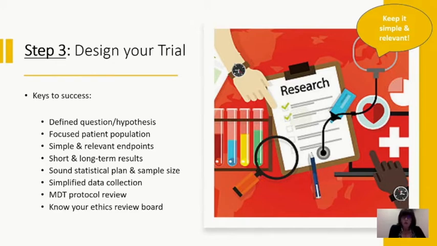In oncology, we're often driven by endpoints like overall survival and disease-free survival. However, these can take many, many years for final results to come. So if you do want to have some results before potentially you're retiring, it's important to have a shorter term endpoint. It's also critical as part of your team that you have someone with a sound background in statistics, such as Dr. Pond, who really is essential in guiding us, making sure that our statistical plans are sound, and that whatever our endpoint is that we're choosing, we have the most appropriate sample size. Now, this can always change as the trial is being conducted, but these are key points at the outset